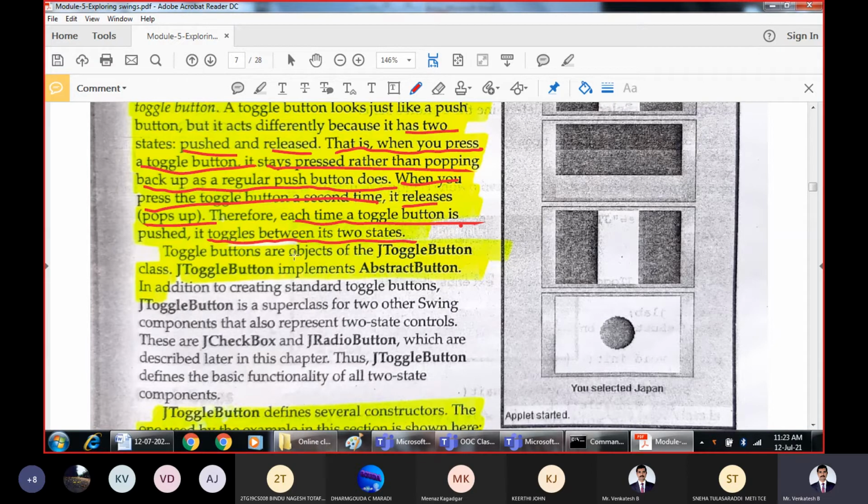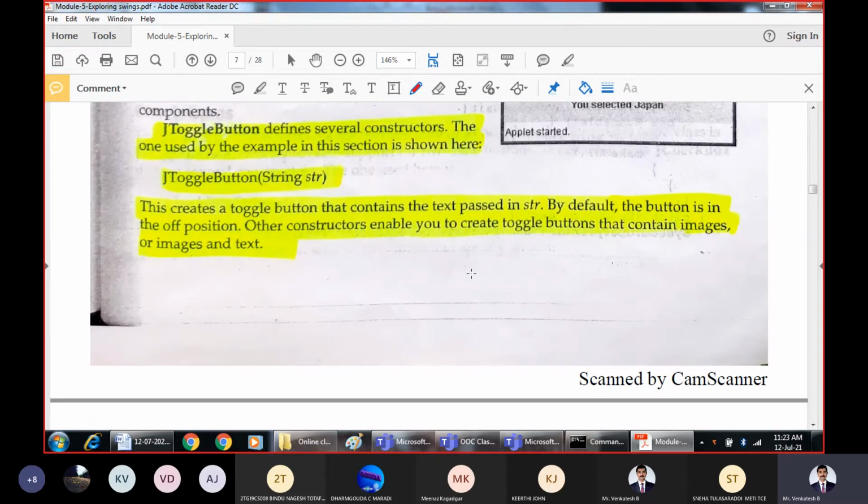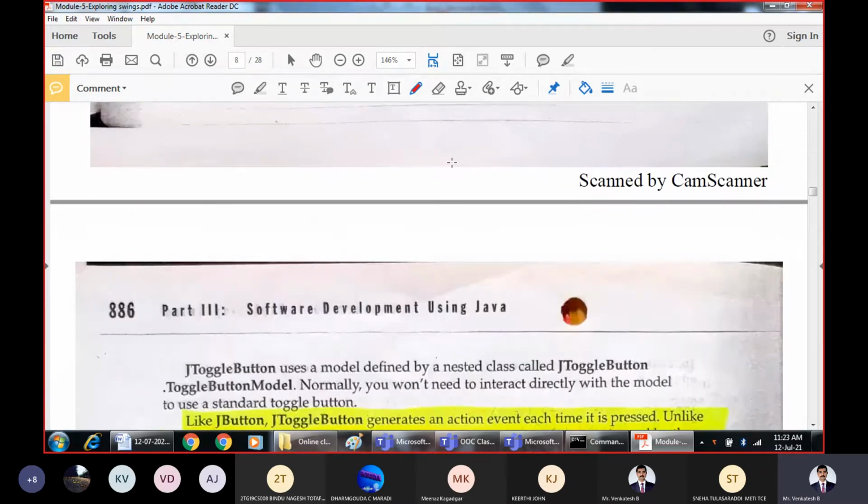As usual, the toggle buttons are objects of JToggleButton, which has AbstractButton as a super class. This is one type of constructor for JToggleButton, and basically it takes one text based parameter, some label which you provide as an input.